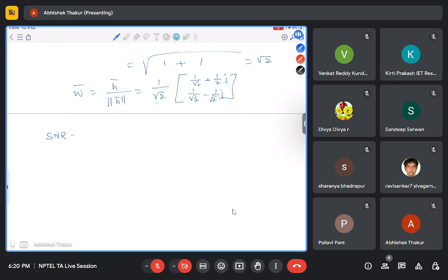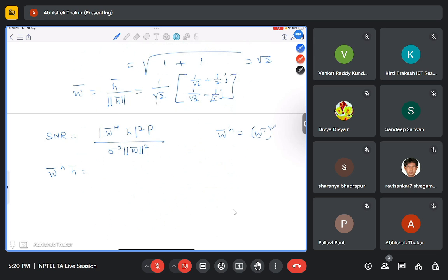And in the SNR formula, here it was W bar transpose, but for the complex vector we will take the Hermitian. So what will be W bar H into H bar? See, the W vector is 1 by root 2, 1 by root 2 plus 1 by 2j. So W bar H will be